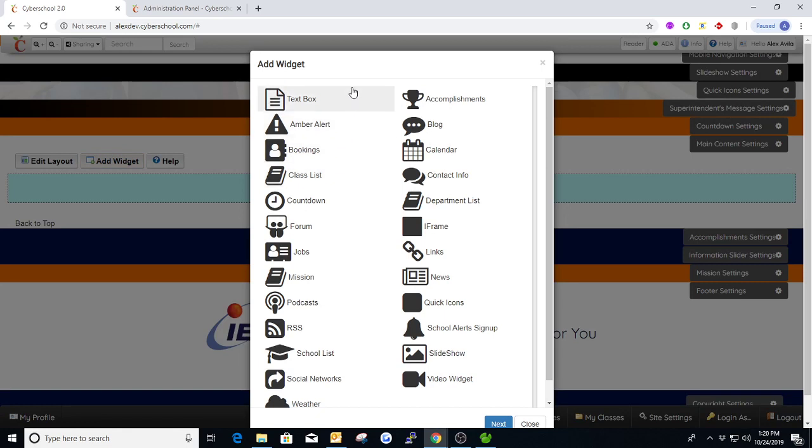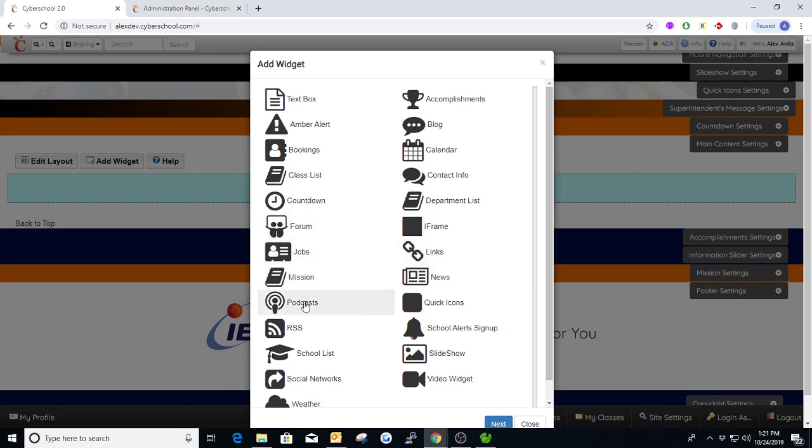And let me just take this time to reiterate. This is a portal page. You can think of a portal page as an actual sci-fi portal, and actual sci-fi portals connect one area with another area. Basically, they connect two points together. This portal here will connect this home page with every single module available in Cyberschool. If it's your calendar module, your news module, blog module, bookings module,